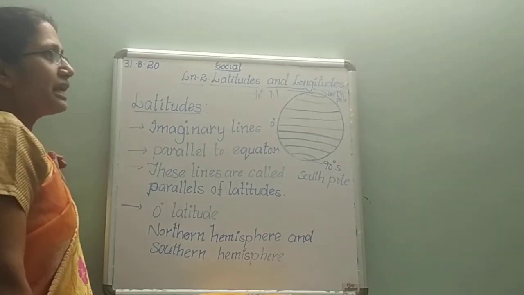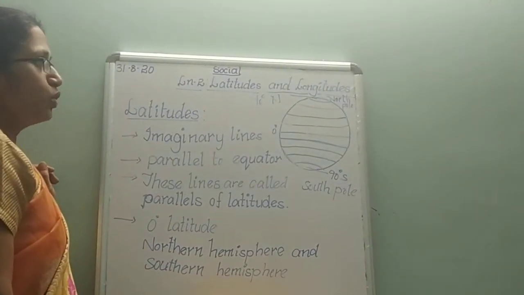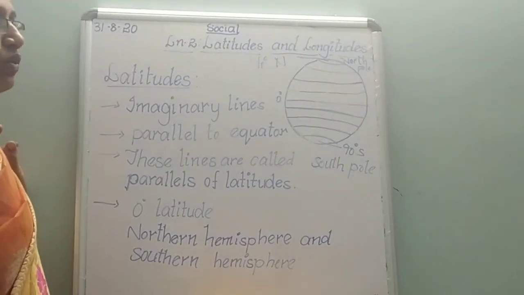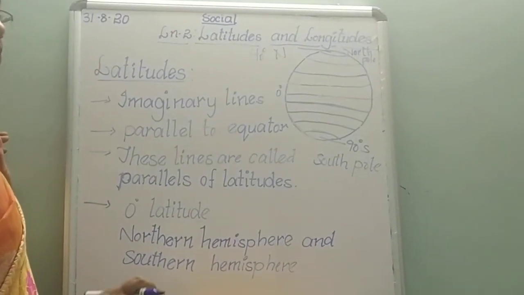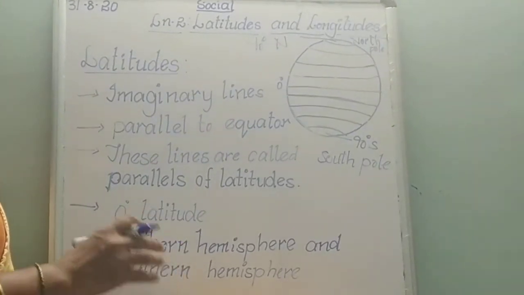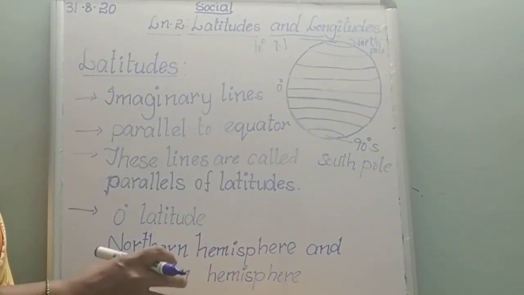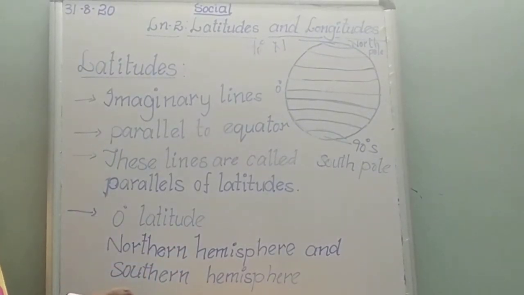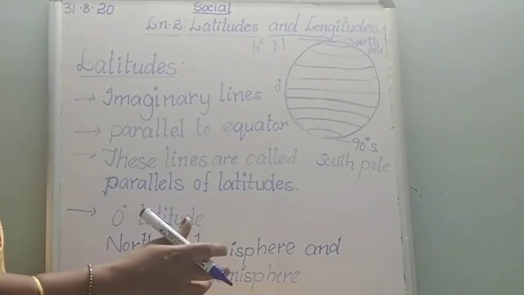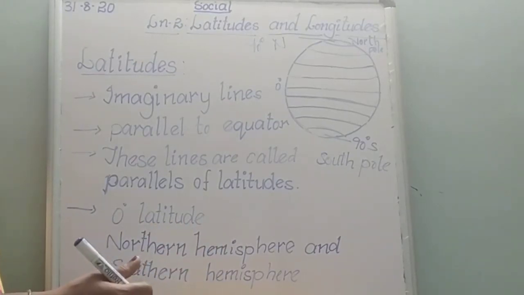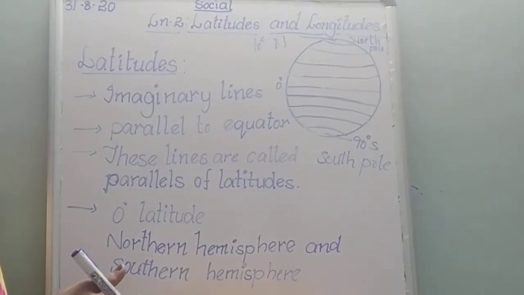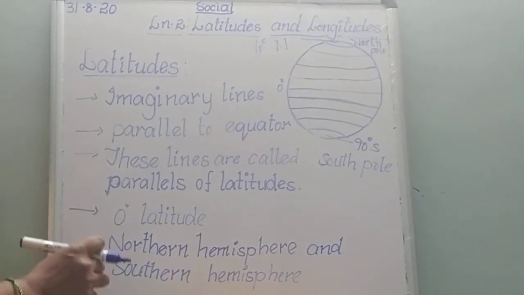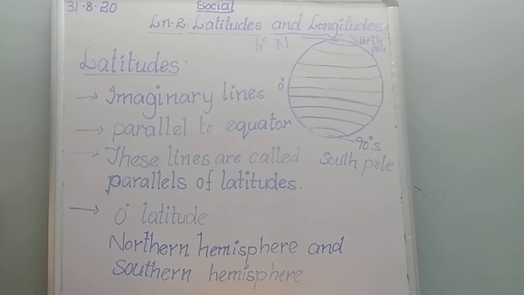In the previous class, we discussed globes, maps, the difference between a globe and a map, what the shape of that is, what different signs and symbols we use on the globe, and what different colors we use to indicate the landforms. These and all we discussed. And what are the main directions, sub-directions, what is an atlas. Now we are going to discuss the second lesson, latitudes and longitudes.